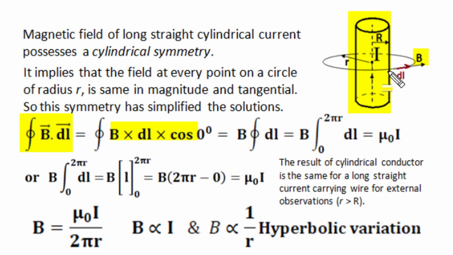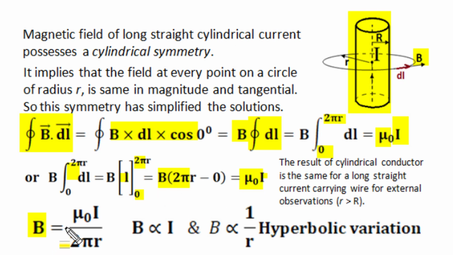Since everywhere B and dl are in the same direction and the magnitude of B is the same, being constant, B will come out of the integration and this becomes a mere integration of the circular path length. The closed integral becomes an integration with limit 0 to 2 pi r, where 2 pi r is the peripheral length of this circular path. And as per Ampere's circuital law, the closed line integral of the magnetic flux density around this circular path is equal to mu 0 times the total current enclosed in this path, that is conductor current I. Now the integration of dl becomes L, and with limit 0 to 2 pi r it becomes B multiplied by 2 pi r, and this is equal to mu 0 times the enclosed current I,